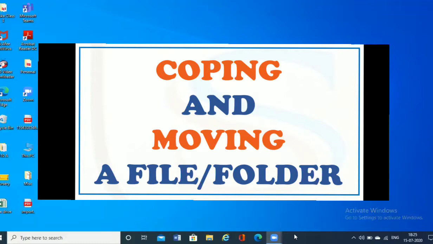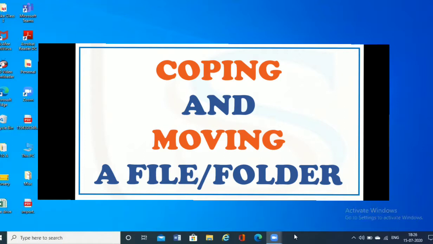Copying is the one in which the original copy is not disturbed. A duplicate copy is being made and you can store that duplicate copy in any of the folders you want.